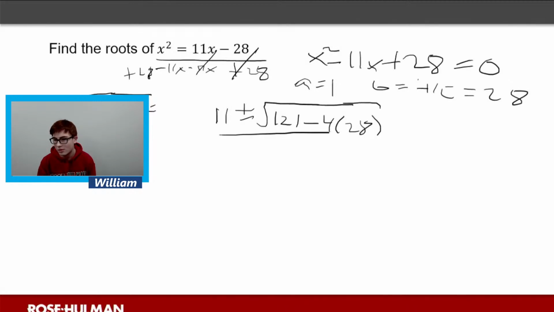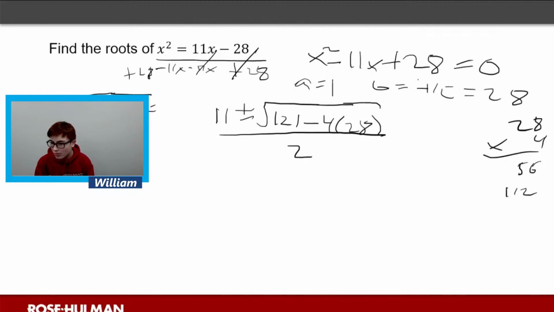And that is going to be all over 2, because 2 times 1 is just 2, so 2a is 2. Great. So now I'm going to take the 28 times 4. So we can subtract it from the 1, so we do 28 times 4, this is going to be, let's see, times 2 is going to be 56, so times 2 again is going to be 112. So you've got 112, so 121 minus 112, so we're going to do 11 plus or minus the square root of 121 minus 112,